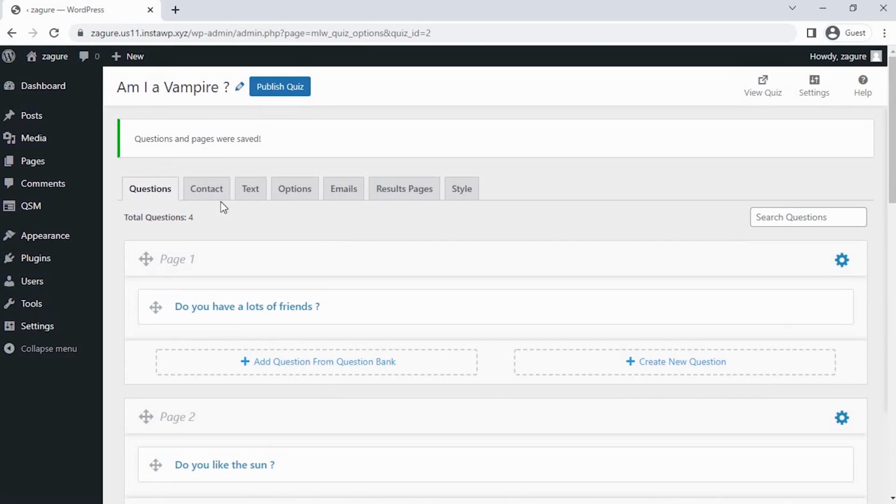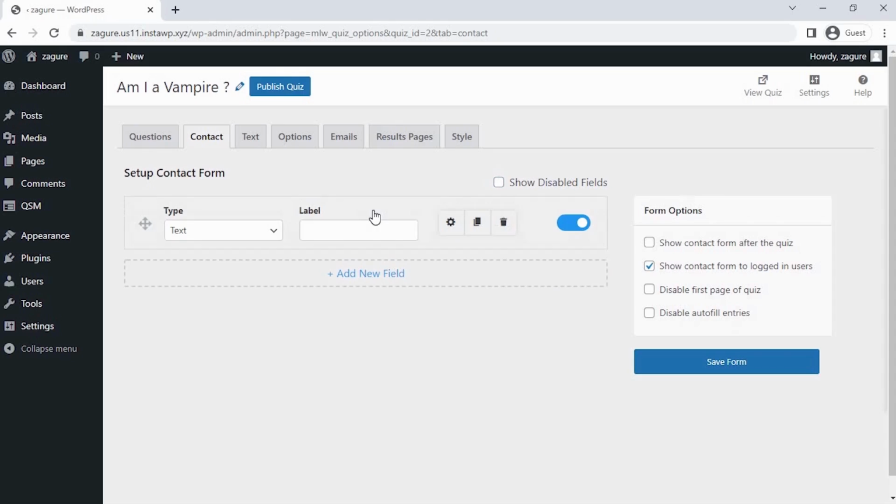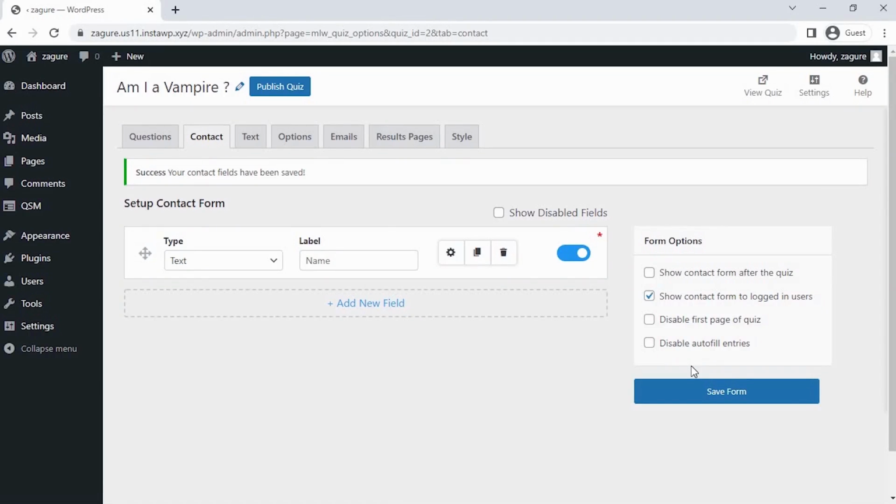Let's set up a contact field to collect the name of the applicants. Click on Add New Field, and let's select the field type and label it as Name. Now, since our questions for the quiz are set and the contact field is configured to collect the user details,